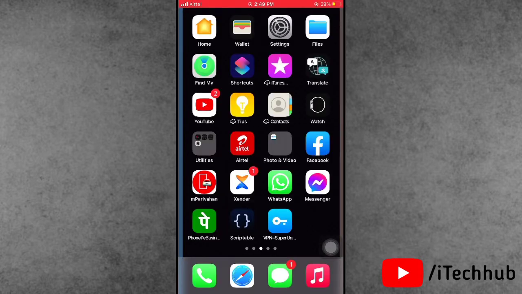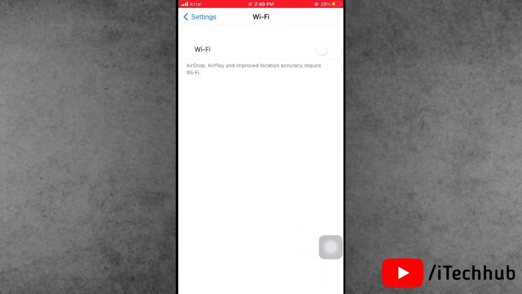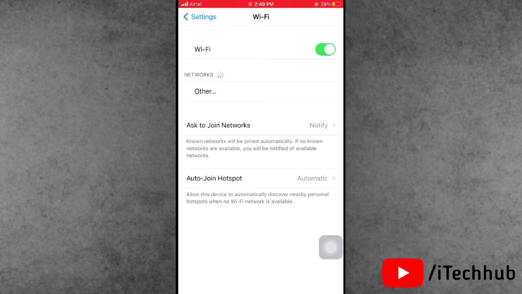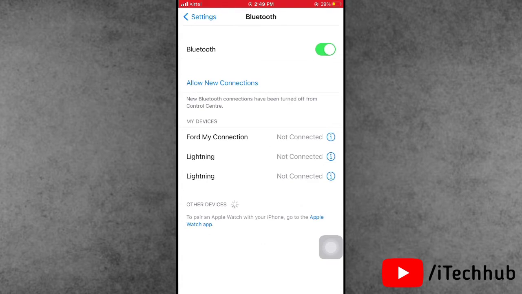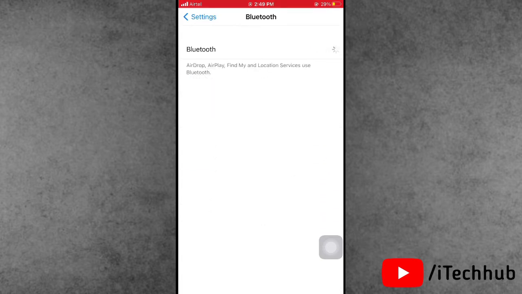Now, connectivity on iPhone 7 and 7 Plus after the iOS 14.4.2 update. First, Wi-Fi connectivity is fast and reliable on iPhone 7 Plus. Second, Bluetooth is working normally on iPhone 7 and 7 Plus.